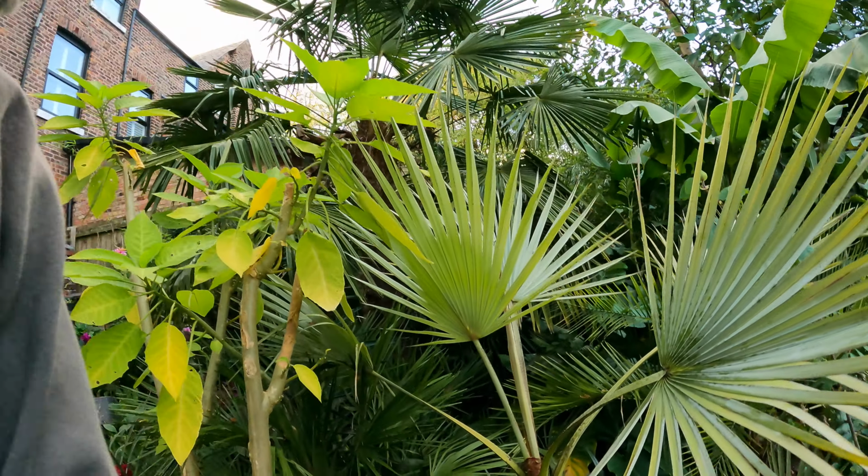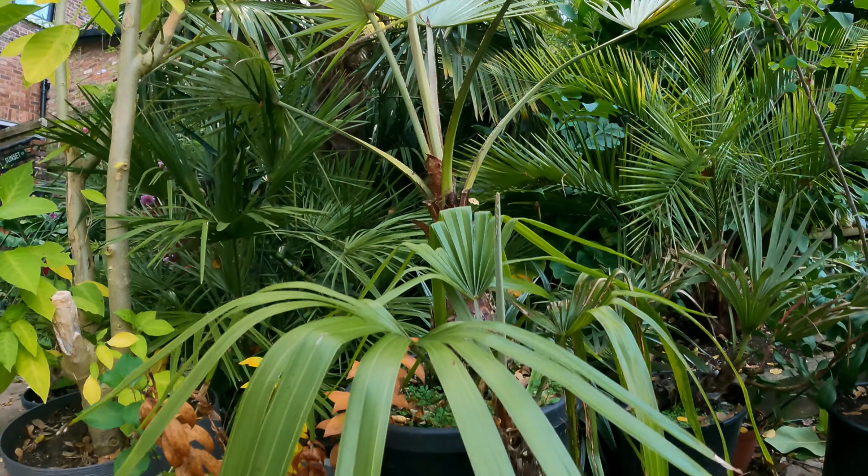Right then, another video from our garden here in Manchester. So this time I'm going to take a look at 3 palms we've got in pots, how they've grown this year and what plans I've got for them. So the first one is this